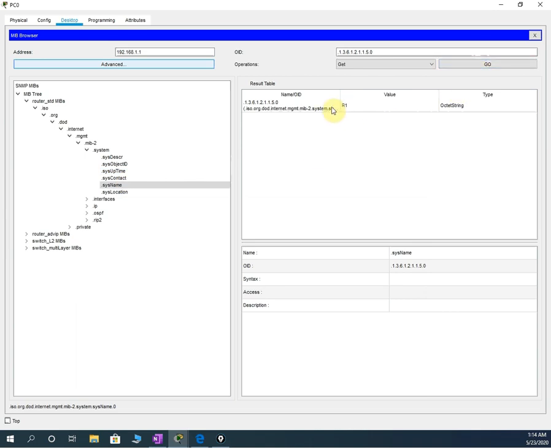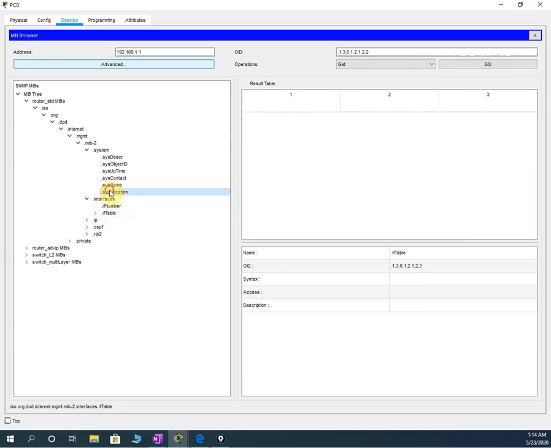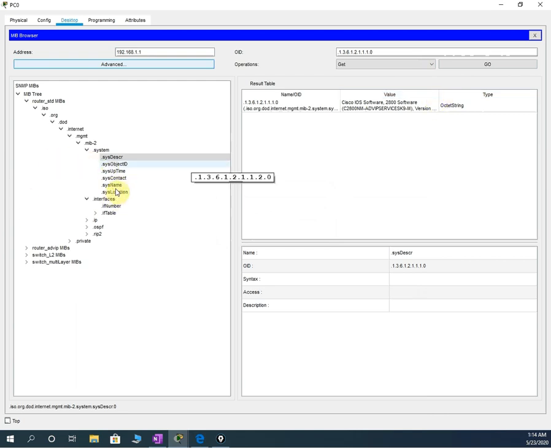Before, we had R. And if you want to see some more information like sysUpTime or anything, you can select it and you will get the time and object. Depending upon the vendor software, we have different features. If you want to see the interface values, depending upon the manufacturer, we have different features. Here we can check the name and the description, like what software we have. This is the get command we use.